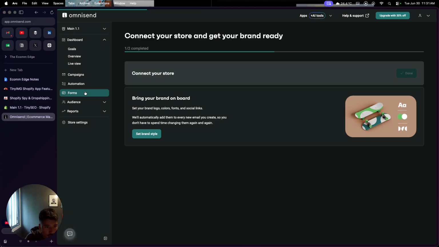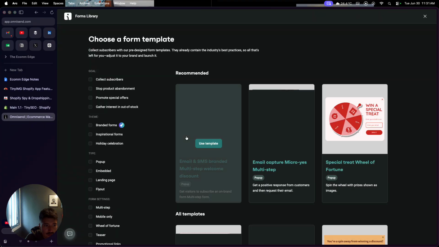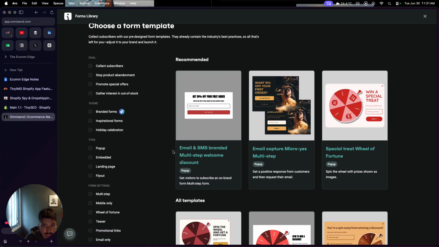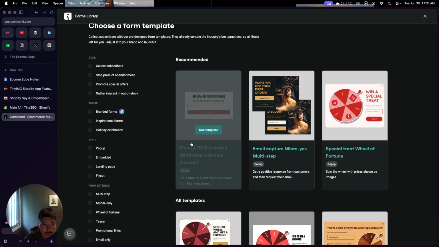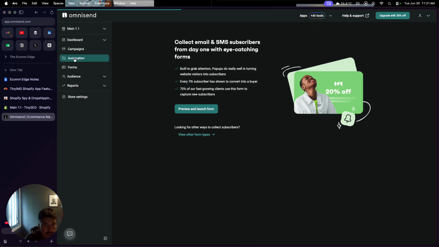You'll be able to create the forms I was talking to you about. They have a lot of templates here that you can use. So when somebody visits your store, you can have it summon this template, this pop-up, 30 seconds after they arrive. Or also they have automations, like the